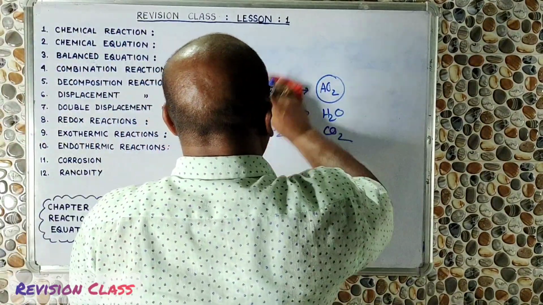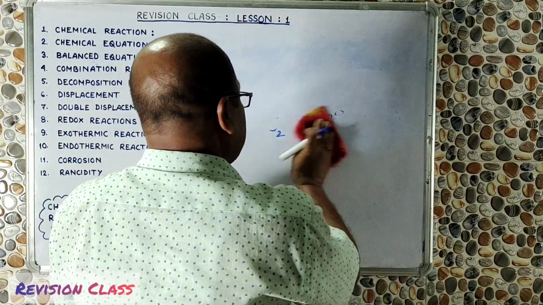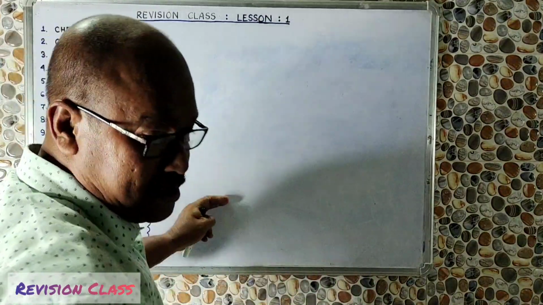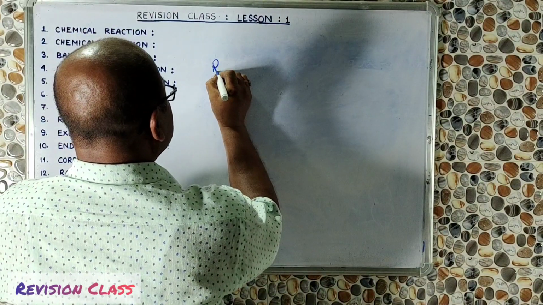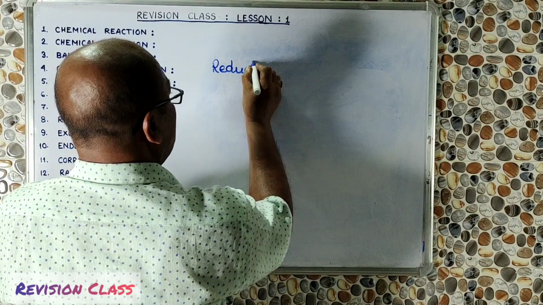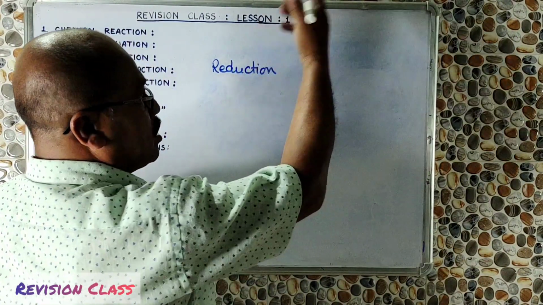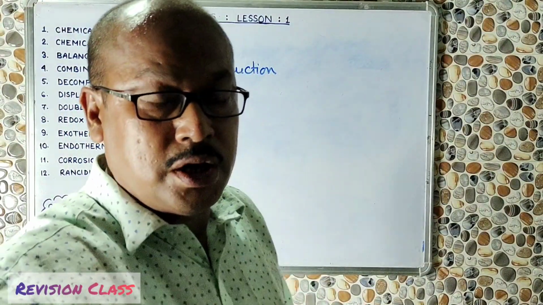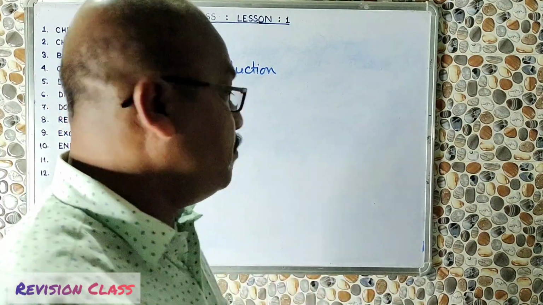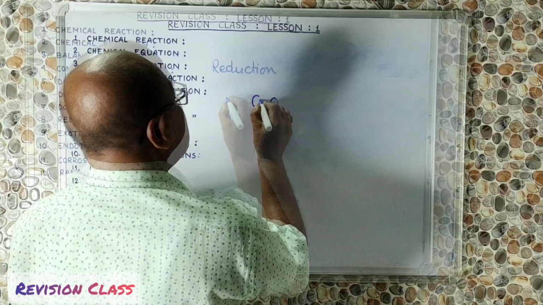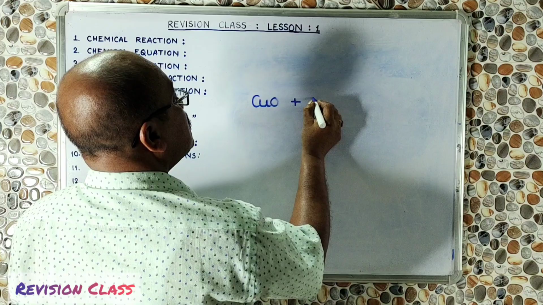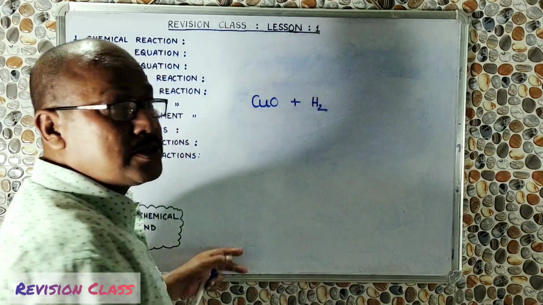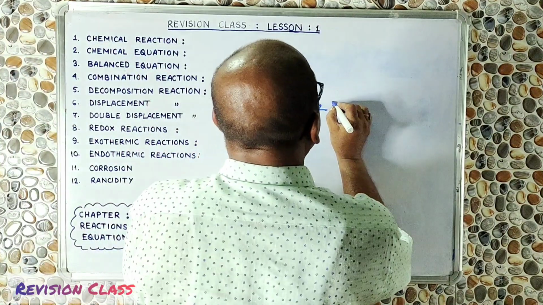Similarly, you can see another one, and that is reduction reaction. So what is reduction reaction? Reduction is the removal of oxygen. So it was oxidation, but now coming to reduction. In reduction, oxygen is to be removed. In oxidation, oxygen was added. Now the example we can take is copper oxide, and to this copper oxide, if we add hydrogen gas, then this mixture is to be heated.